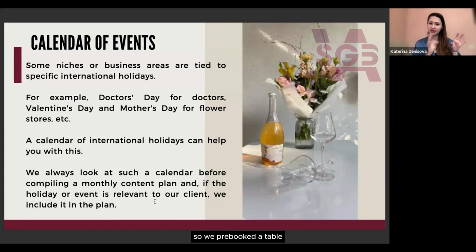So we pre-booked a table, we put a bouquet there, some wine, some dishes, some coffees and desserts, and we made a giveaway for our subscribers. One of them with his couple won this perfect date and they spent this day in our coffee shop. You can make something similar for almost every niche.